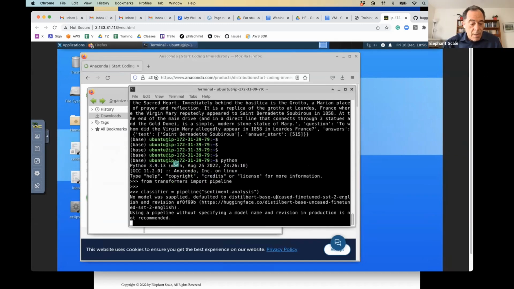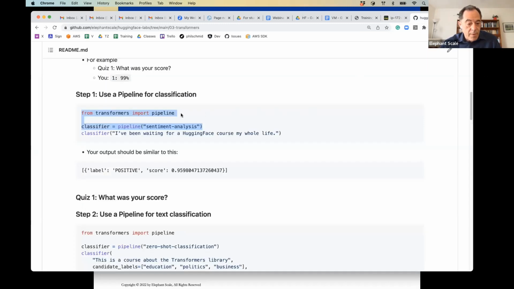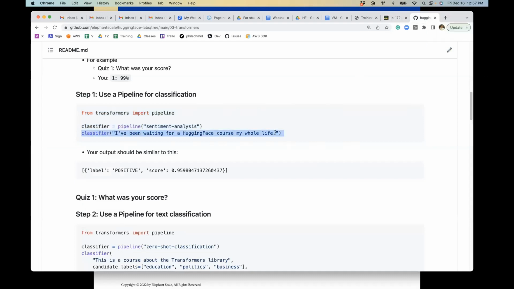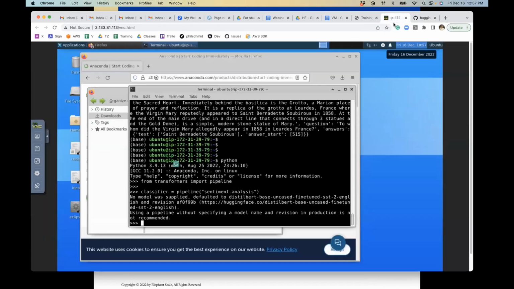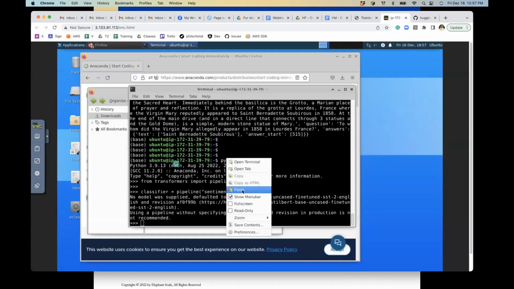And now I'll modify it first. Yeah, reverse it. Put my whole life at the beginning and see what happens.